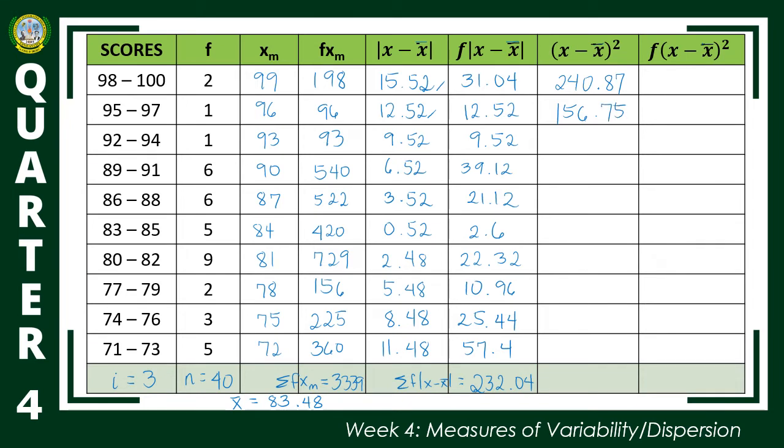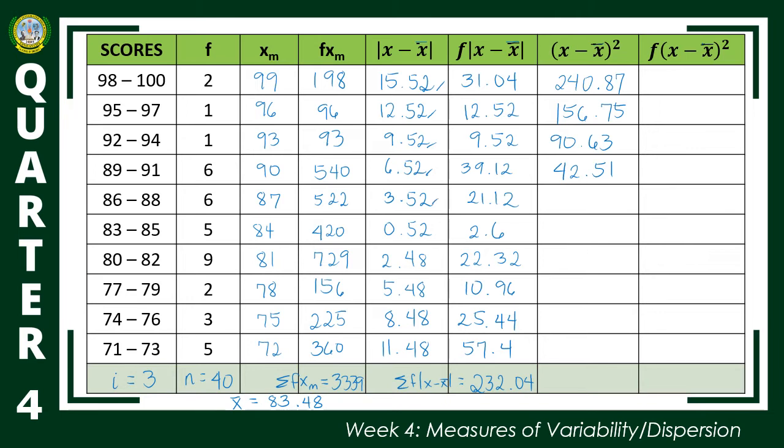Next, this value, 9.52 squared. 9.52 squared or 9.52 times 9.52 is 90.63. Ayan, i-round off na natin to the nearest hundreds. Next is 6.52 squared. 6.52 squared is 42.51. Next is